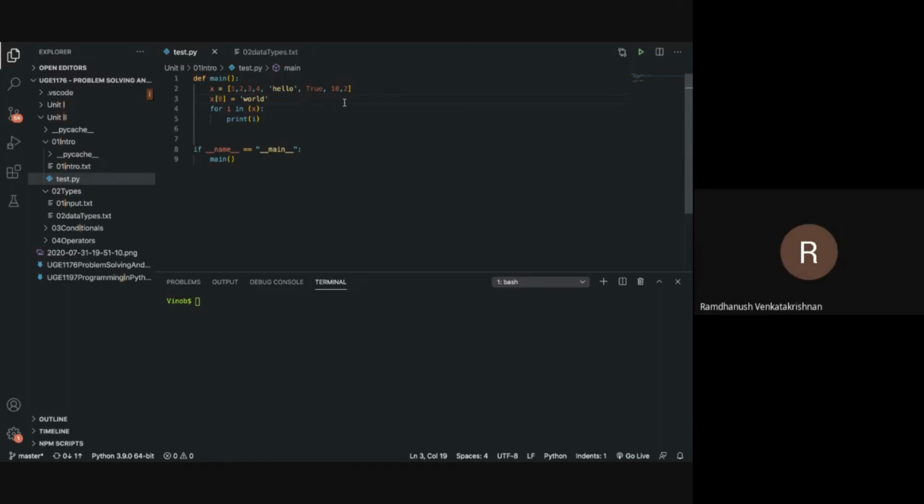Immutable. Correct. They are immutable, so you cannot modify the items within a tuple. Again, you can have homogeneous and/or heterogeneous items. They are represented using parenthesis.